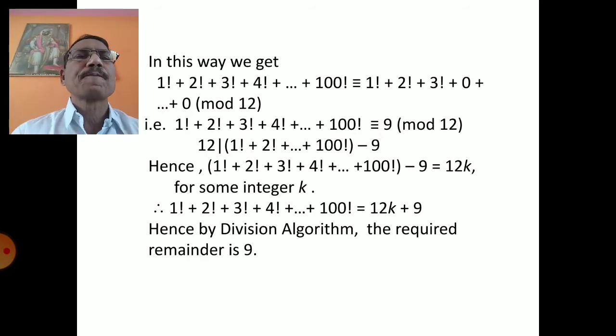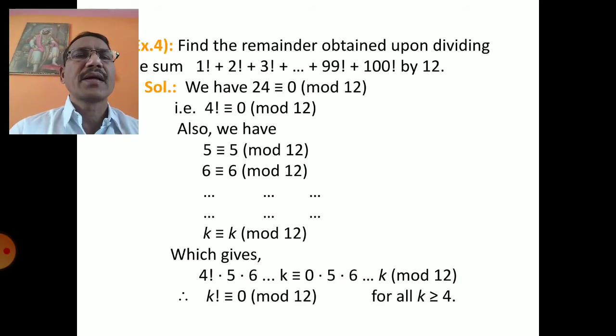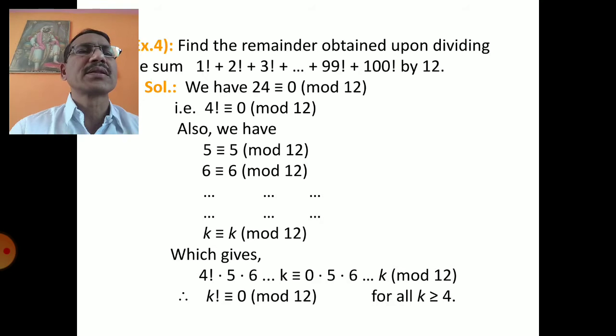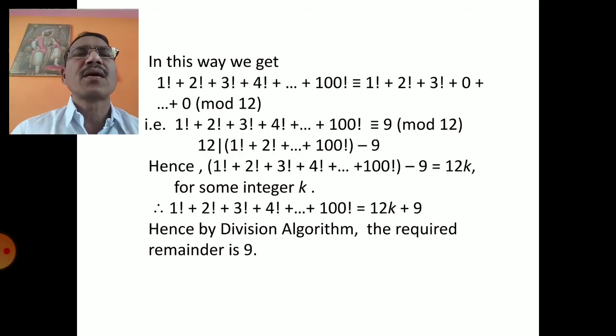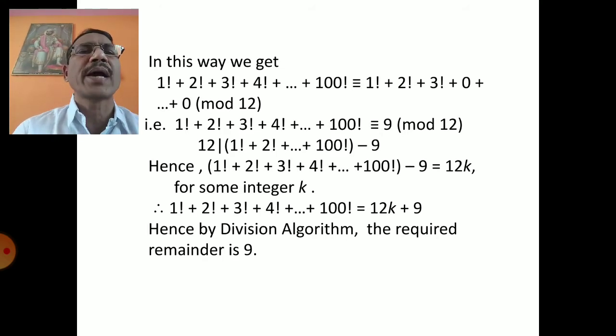Now in this way we get this congruence, means taking the sum of the congruences here: 1 factorial plus 2 factorial plus 3 factorial plus 4 factorial plus so on up to 100 factorial, because we know that 1 factorial is congruent to 1 factorial, 2 factorial is congruent to 2 factorial, 3 factorial is congruent to 3 factorial, and after that 4 factorial is congruent to 0